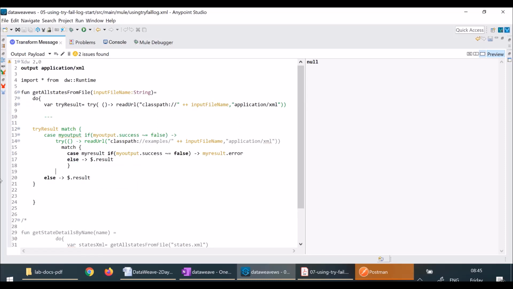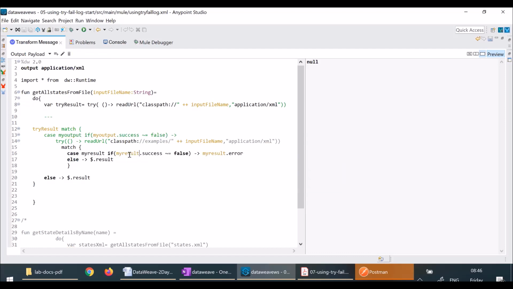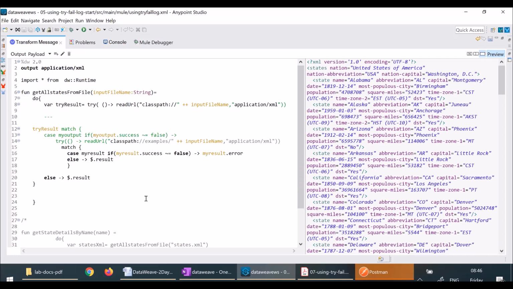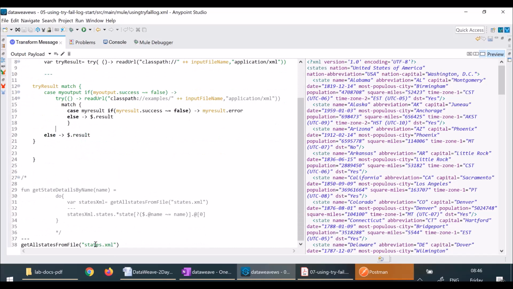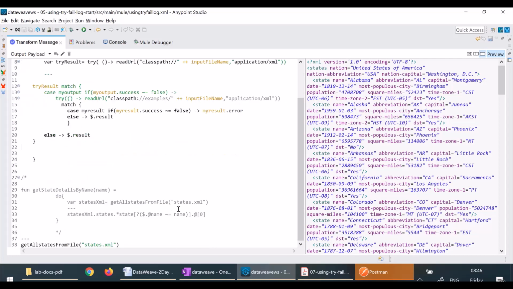I used my output, so it is my result. Yes, that's the one. So here I'm getting the output, even though I gave states.xml. What is happening? For the first time, this will fail, and then the second time this will succeed by checking inside examples slash. Suppose I give the XML file name wrong, I'll give no states.xml, which is not existing, right? You can see here